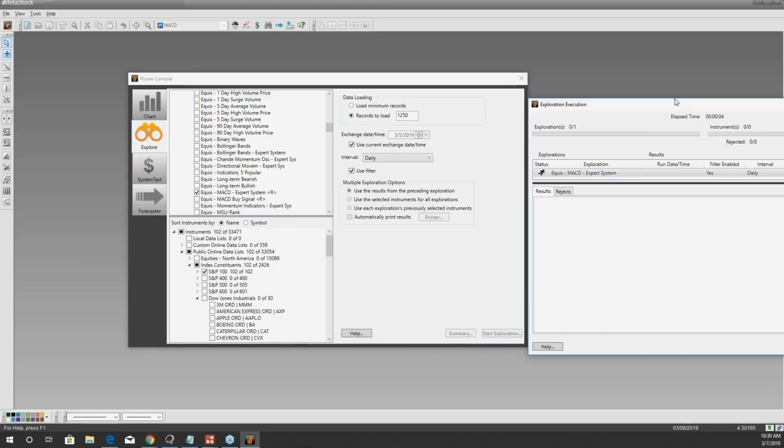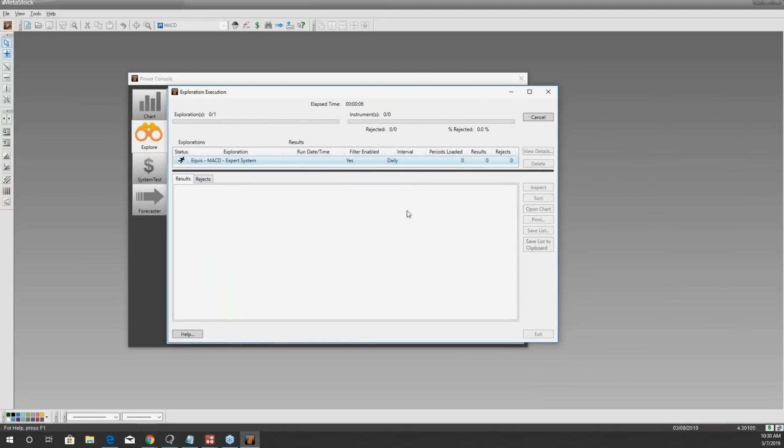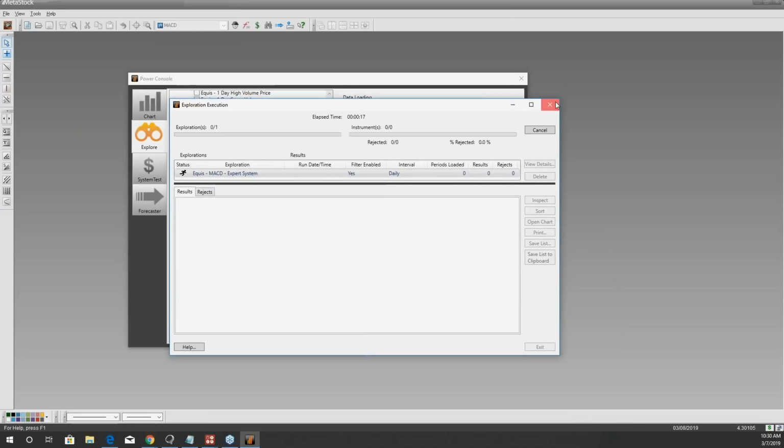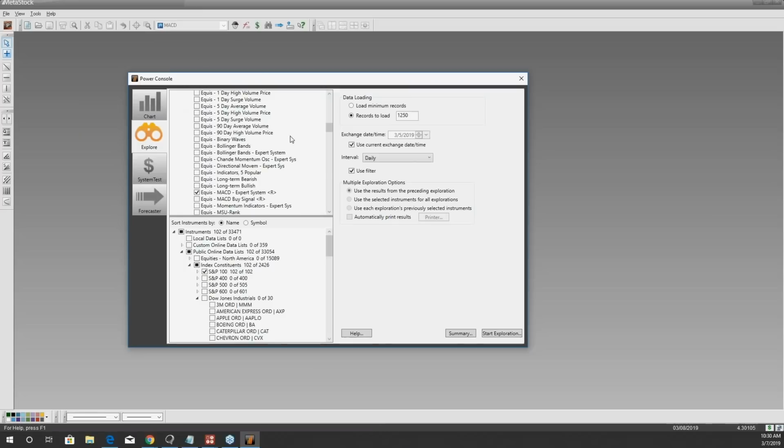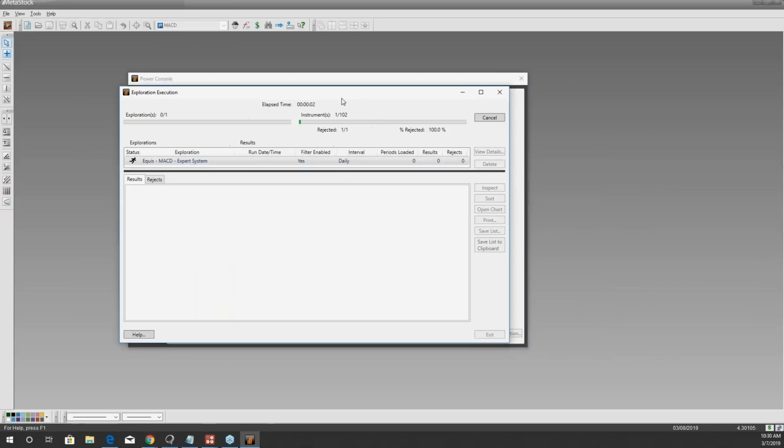And let me pull this one over. What you're going to notice is an interface will pop up, which will give you details about the scan we're doing. So we're doing one exploration, right? Did I not click a list? I think I forgot to click on a list to scan. I thought I did. That looks like it was being slow, unless I just exited out of it too quickly. Okay, let's try again. All right, I guess we'll just give it a minute.